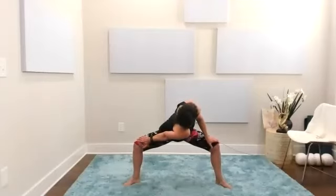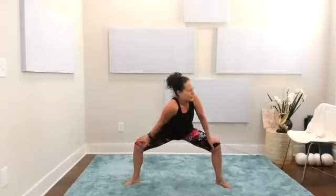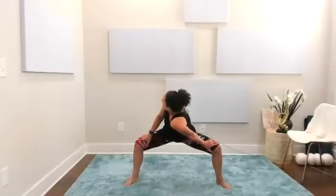Exhale. And see if you can sink just a little deeper. And then slowly make your way back to the center and go to the other side. So again, this hand is pressing that shoulder. The other shoulder pulls back. Because as one comes forward, another can go back, and you should feel that right in those shoulder blades,